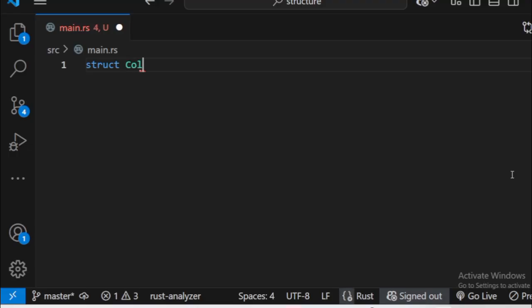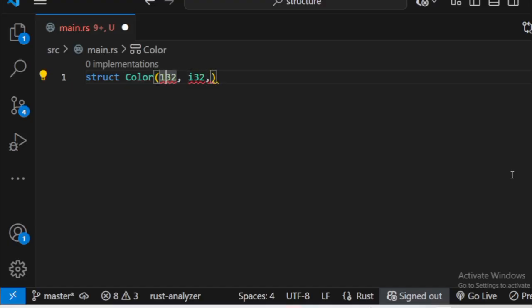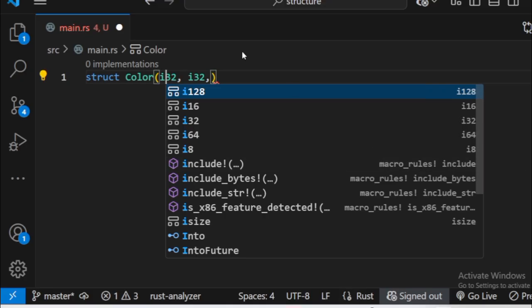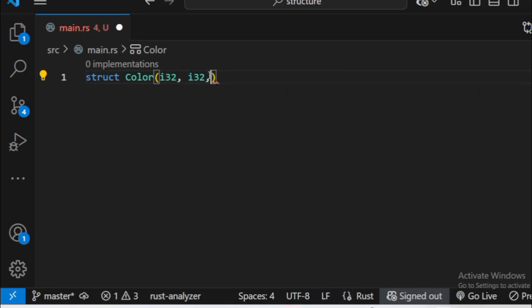I hope you're learning along, coding along with me. And we do i32, i32. Tuple structs are accessed via their position. So it's not like a normal struct, whose fields you access via the name. And for a normal struct, as I said before, I didn't actually mention that you can arrange it,